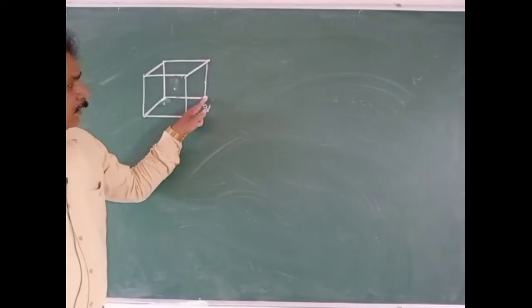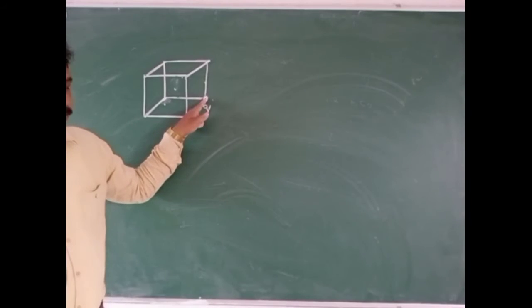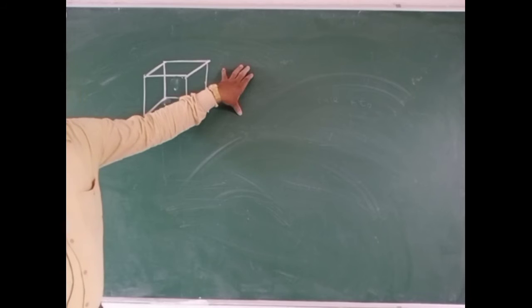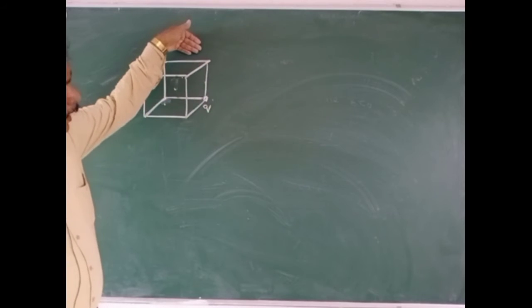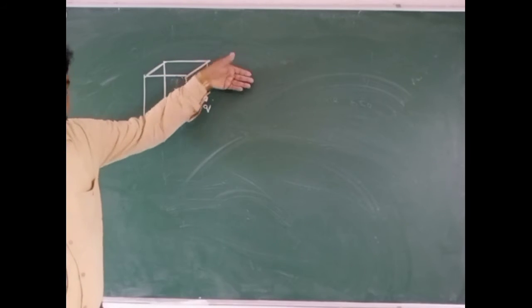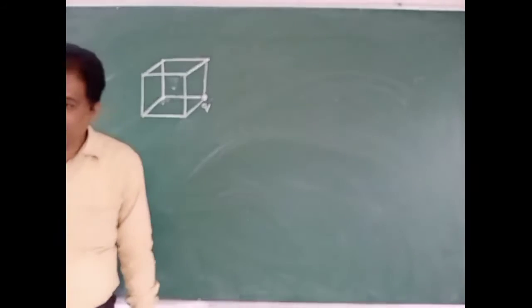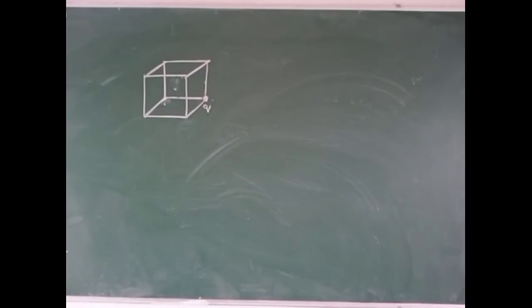So to bring this into a closed surface, here it is at an edge. Here you have to keep one more cube. On that side, the back side, you have to keep 2 more cubes. At the bottom you have to keep 4 cubes. Once again, try to understand. 1 minute, see.